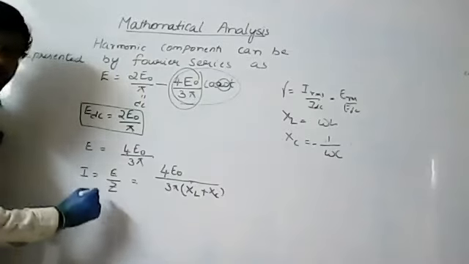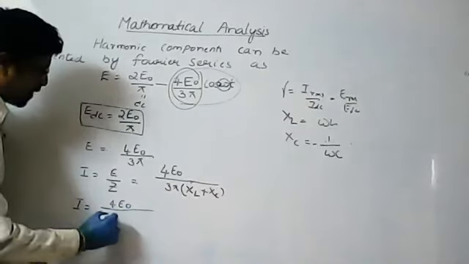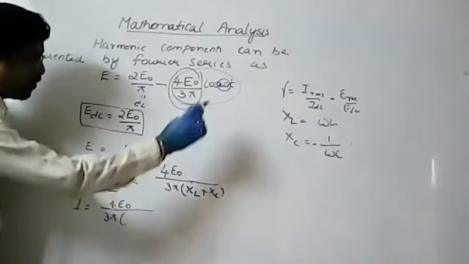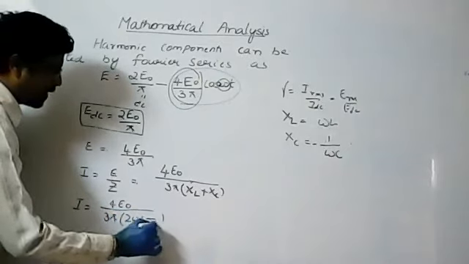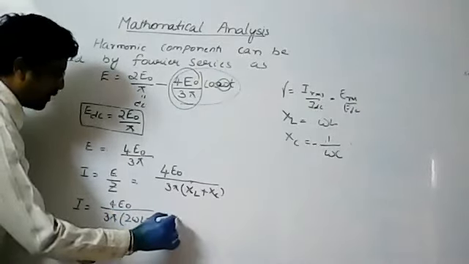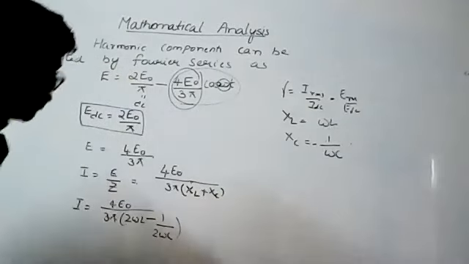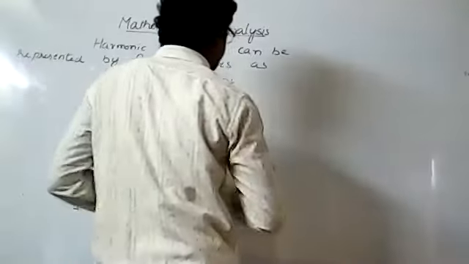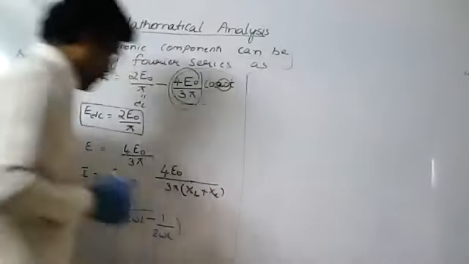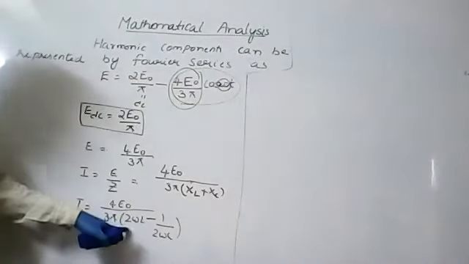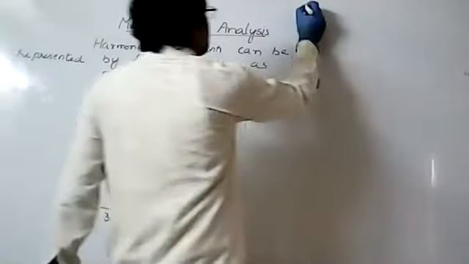I is equal to 4 E naught by 3 pi into what is XL? Omega L. Since it is second harmonic, I will write it as 2 omega L minus 1 by 2 omega C. Now, take LCM and take this denominator to the numerator. So, I is equal to,